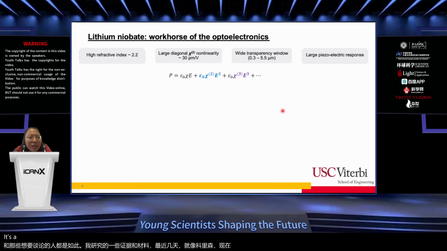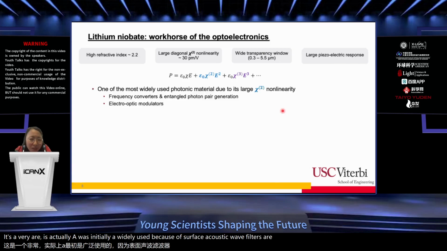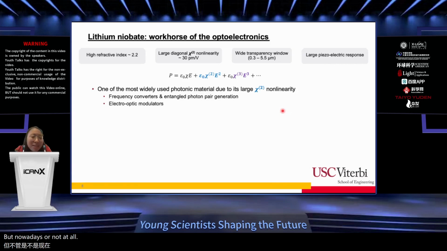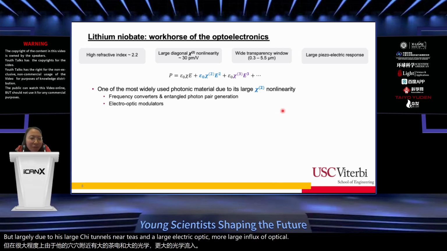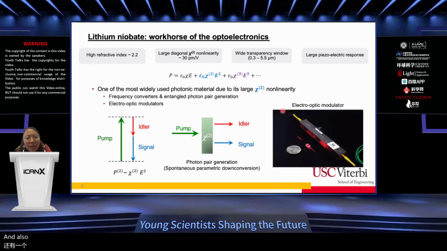It was initially widely used because of surface acoustic wave filters, but nowadays it is also one of the most widely used photonic materials, largely due to its large Chi2 nonlinearity and large electro-optic coefficient. And as I mentioned in previous slides, that enables Chi2-based processes,